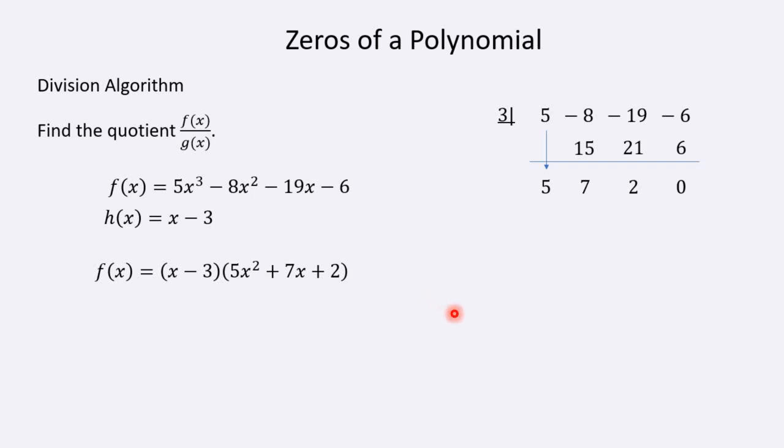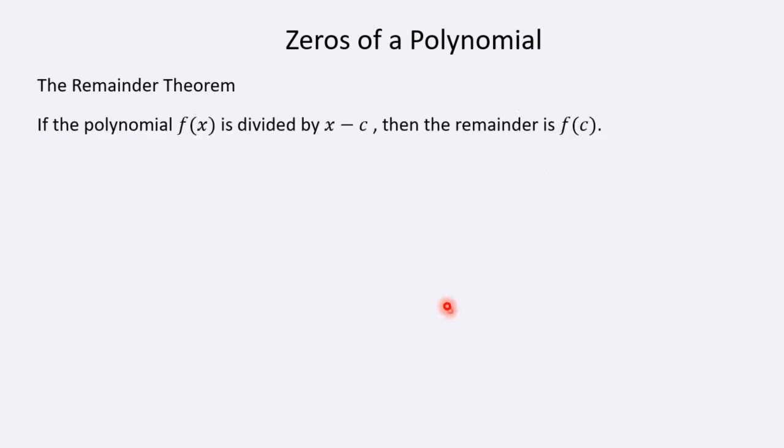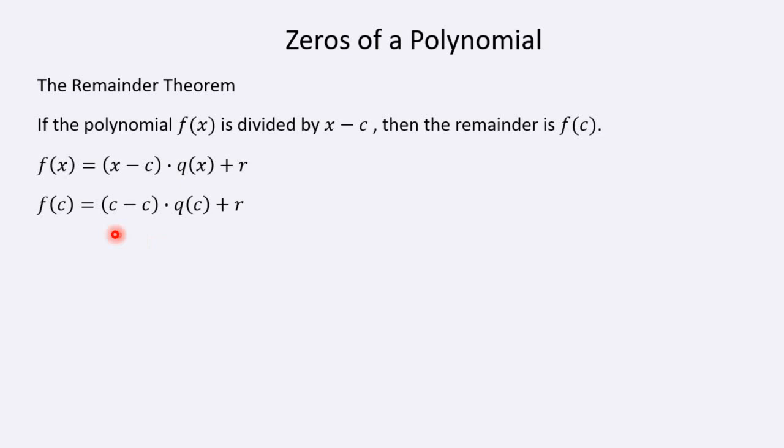There's a theorem we need to look at. It's called the remainder theorem. And the remainder theorem says if the polynomial f of x is divided by x minus c, which is what we've been doing, then the remainder is f of c. Here you can see that if we take a look at the division algorithm, which guarantees the q of x, that unique polynomial, the remainder r, and x minus c as a factor here. If we were to plug c into this division algorithm,